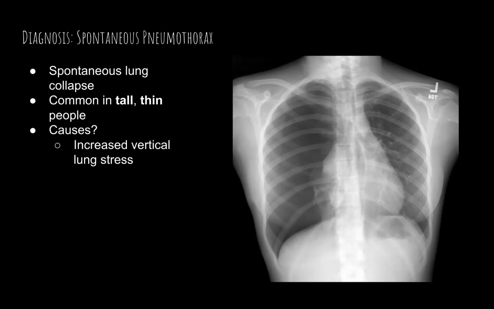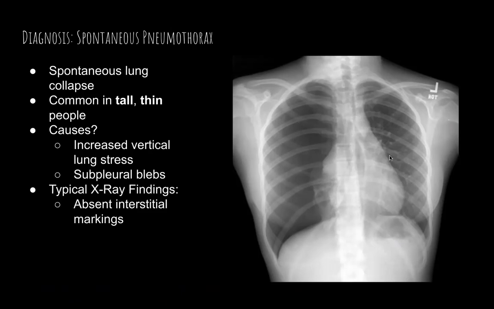The typical X-ray findings will be absent interstitial markings. On the right side, we don't see any of those interstitial markings like we do on the left side because this lung cavity is filled only with air. You'll also see a visible pleura. As we discussed before, the pleura should be on the edge of the lungs and you shouldn't really be able to see it at all, like you can't on the left side, but on the right, you can completely see